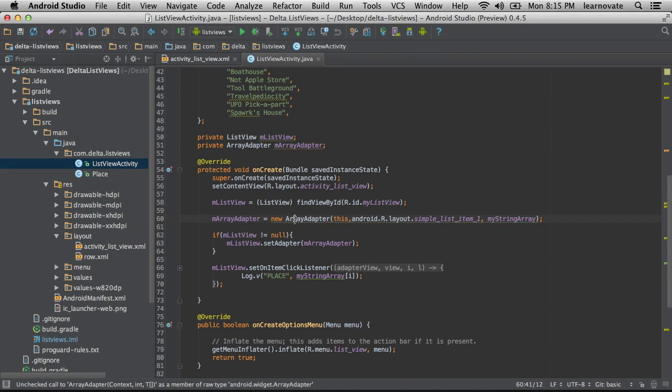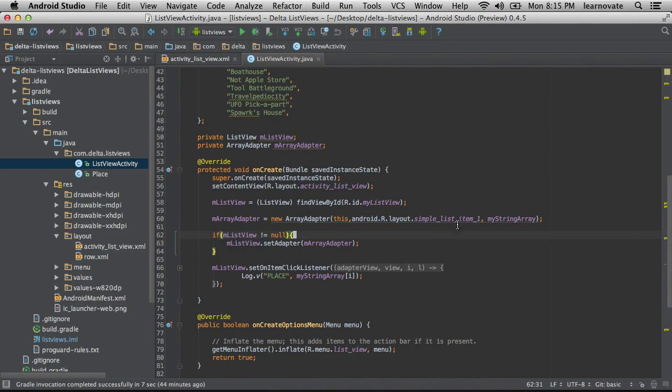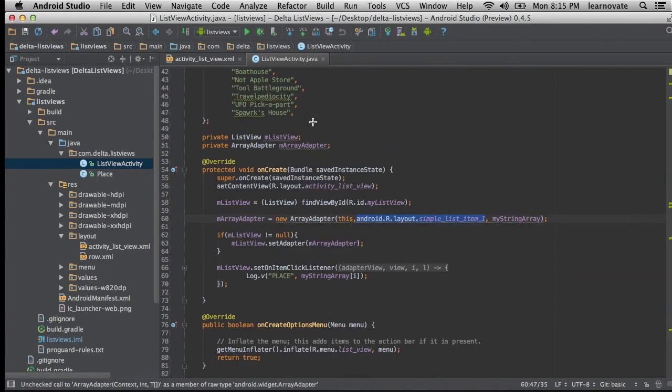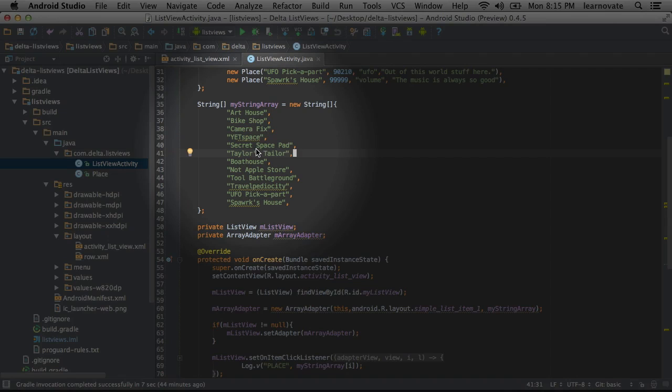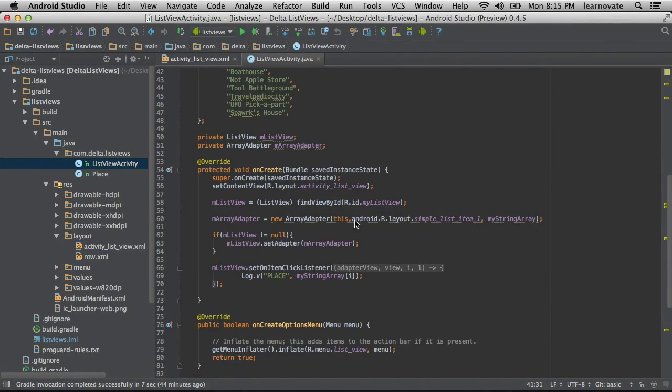Okay, so we've identified that our adapter here is here. We can identify that this row XML is somewhere in the system, and that's the component here that we need. And we have my string array, which is an array of strings defined here, which corresponds to, of course, our data. So, after getting a reference to the list view, and creating an adapter and plugging those three components in, again, the context, the row, and the actual data that we want to use,